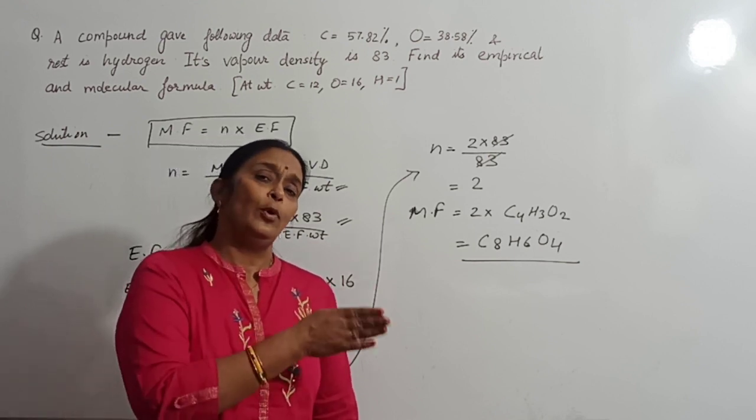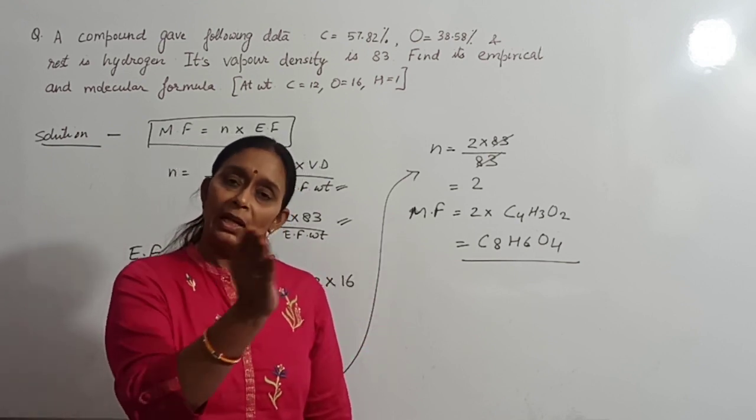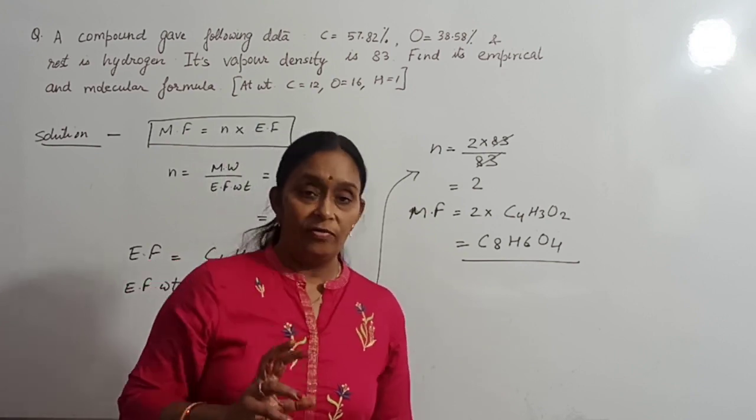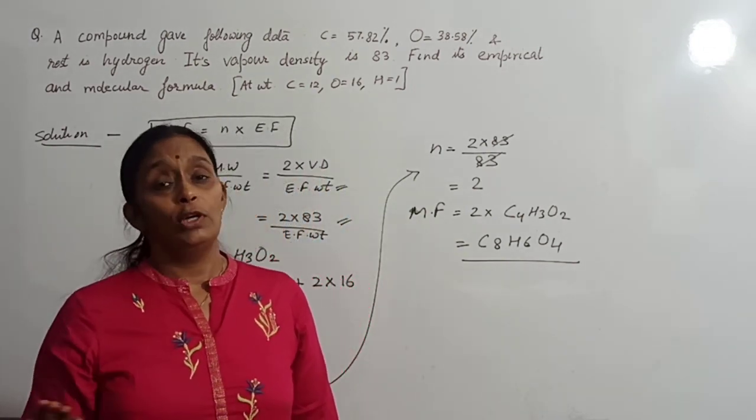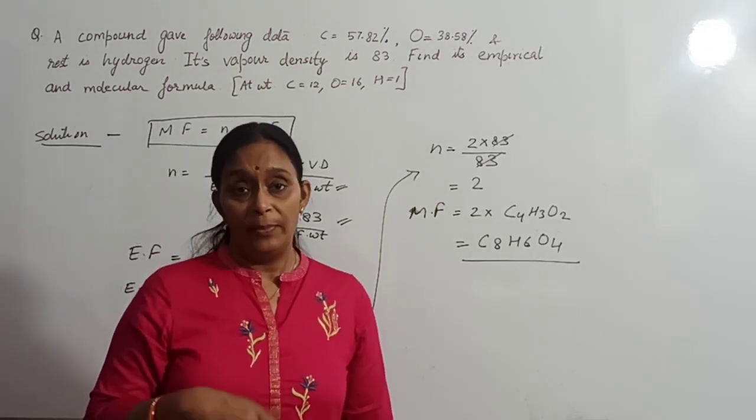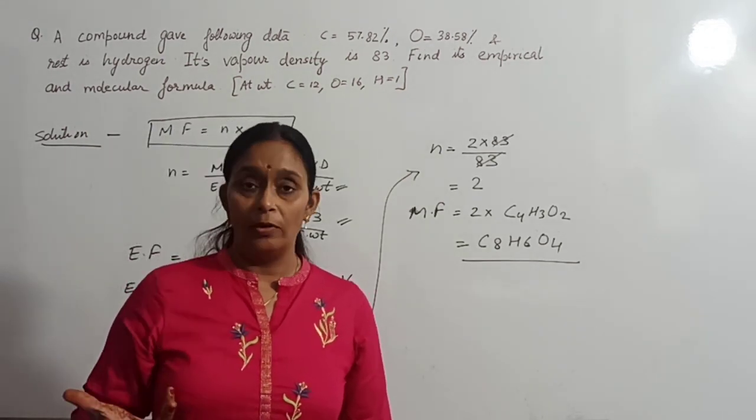If it is less than 0.5, like 0.3 or 0.2, then you can neglect it also. But if it is 0.5, you are going to convert it into a whole number. So this is what you have to follow. Now I will be giving you some numericals, solve them, and then